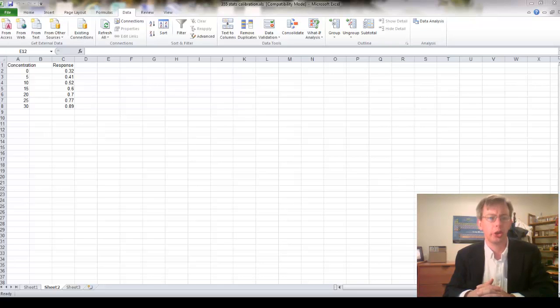So to just quickly show you how we can use Microsoft Excel to look at calibration curves and to get regression information, I put in some data here, and data should always be in columns. So I have concentration against response. In order to get a calibration curve, or standard for an external standard calibration, which is what I've got here,